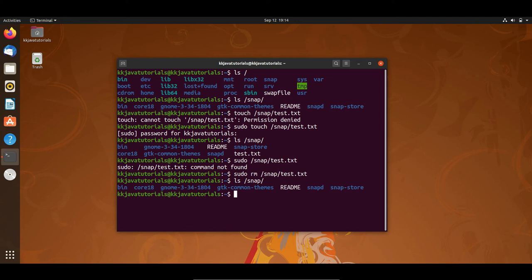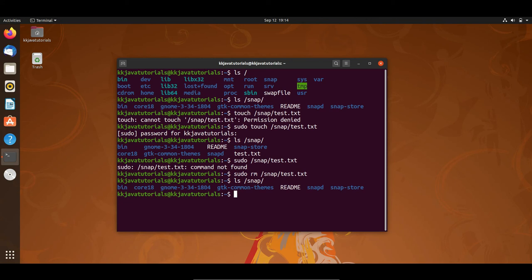Why is it saying this? Oh, I need to give the relative path. So snap slash, sorry guys, now it's saying no such file or directory. Why? So rmdir, then I would say snap, and then my directory name is mydir, that is totally in small letters, right?